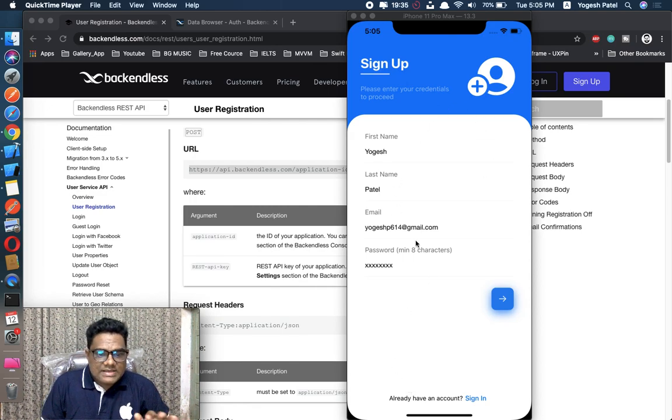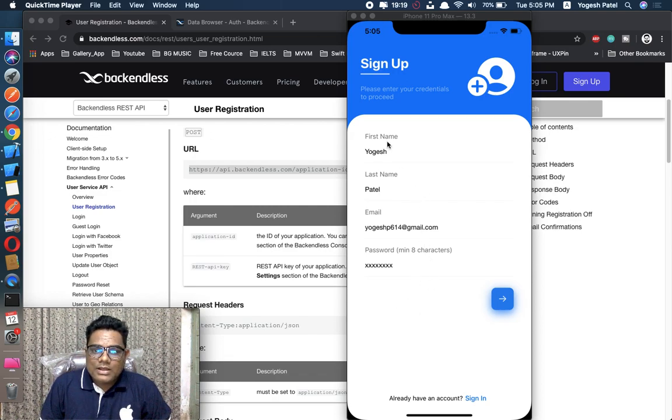And here is the UI guys that we are doing right now. I have already done the UI part here, so we just need to call the API now. But if you want to know how we can build these types of UI, then please comment, and I will make a video on it.